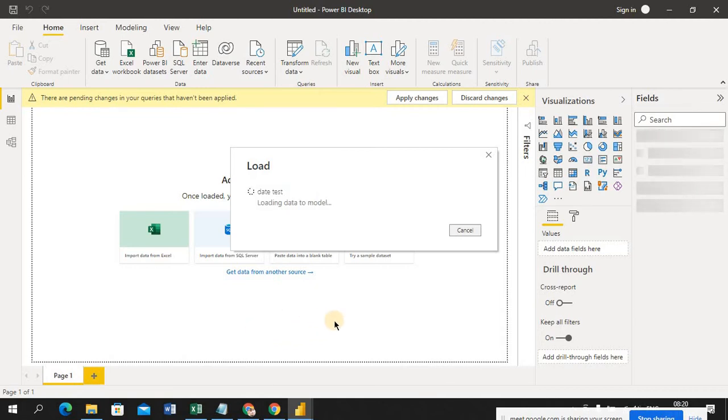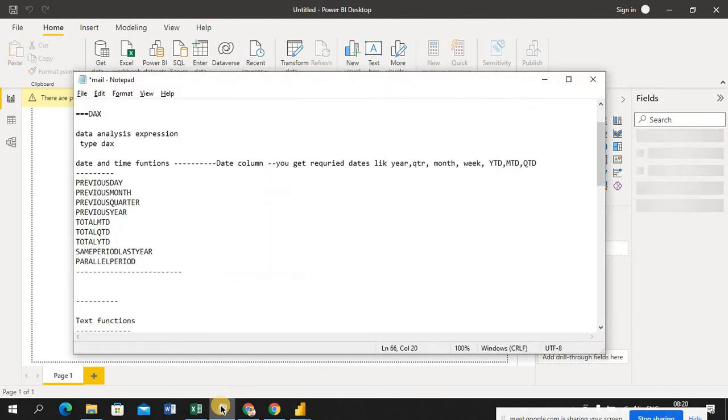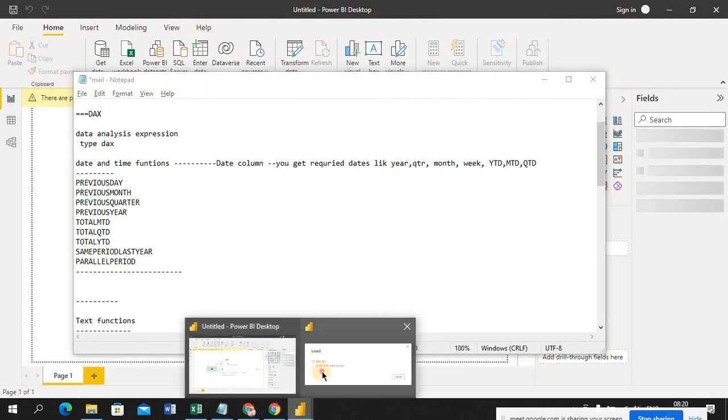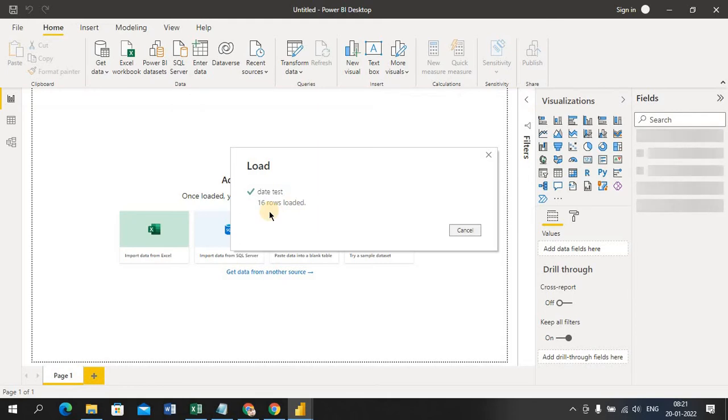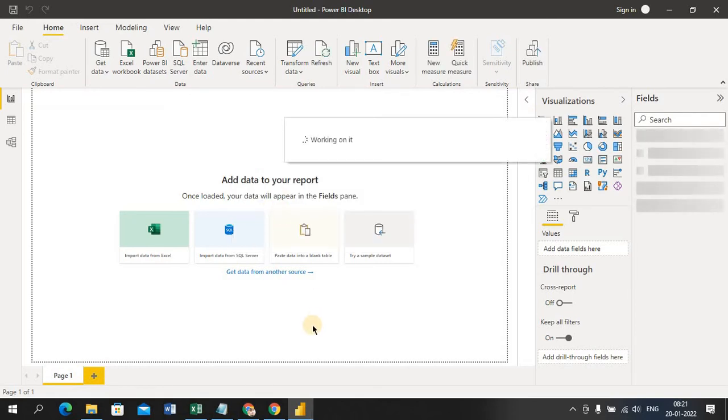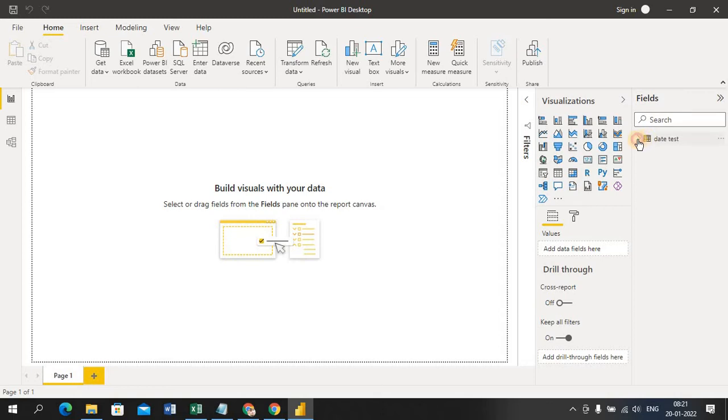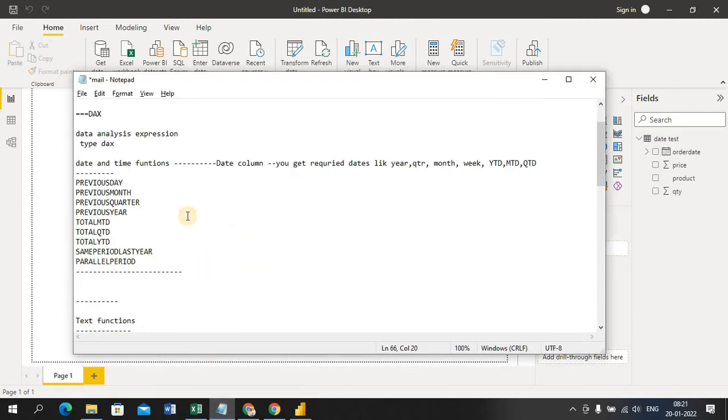Before going to use DAX, first we have to understand how to use it. Okay, so 16 rows have been loaded into my Power BI tool. You can check it out here. Okay, fine. So first, date and time functions, it's very important, guys. In real time you have to face time intelligence, which is nothing but the dates. You play with the dates, like fetching quarter wise, year wise, month wise data. There are so many things to use here. We'll discuss one by one.